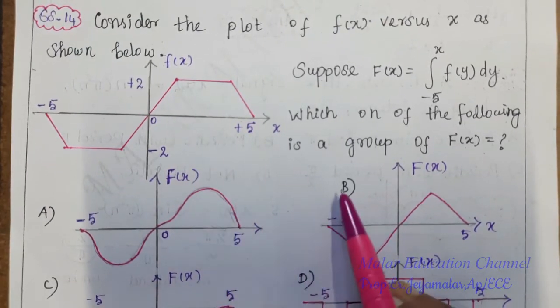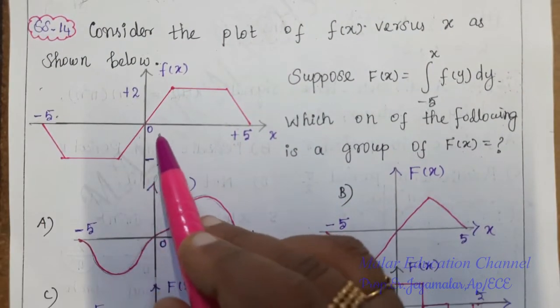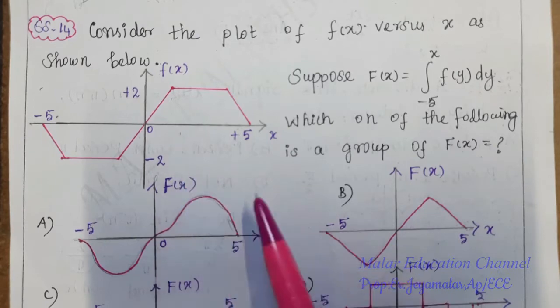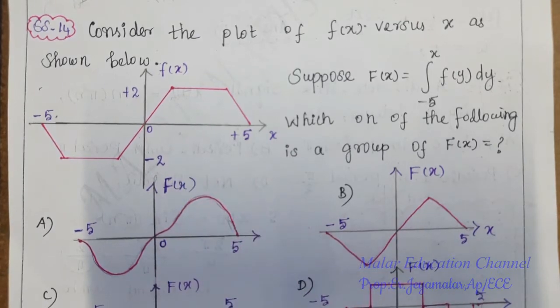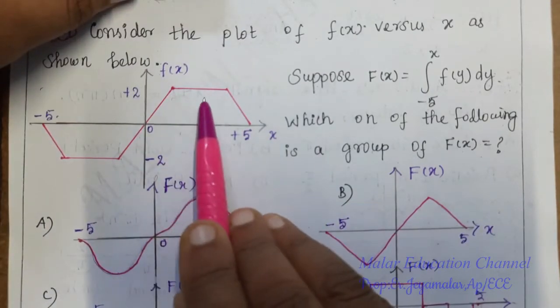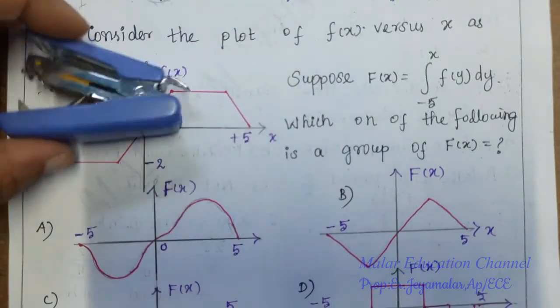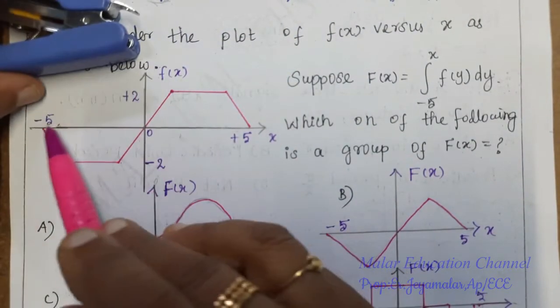Let me check whether the given function is an even function or an odd function. How to check whether it is even or odd? Just fold the signal. First we check whether the given signal is even or odd. This is the diagram. This is for the right side, the right hand side positive signal. Fold the signal, and it forms like this.